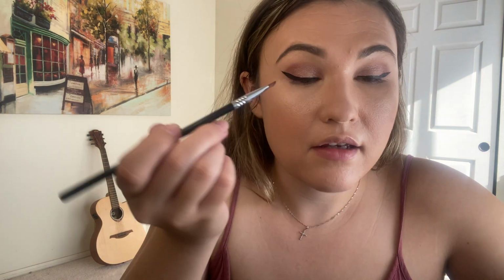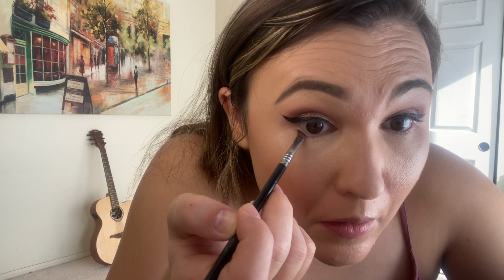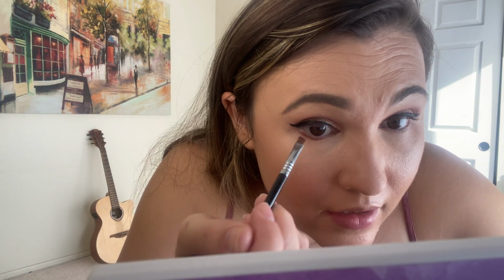I'm gonna take this small angle brush. It's called an E65, and I'm gonna do something I've really enjoyed doing lately. I'm gonna use that creative shade again, the one with the specks of gold glitter in it, but it's mostly matte. And I'm gonna take it on this small angled brush and put it on my bottom lash line. I always keep it pretty close to that bottom lash line, and I never go all the way in because I feel like my